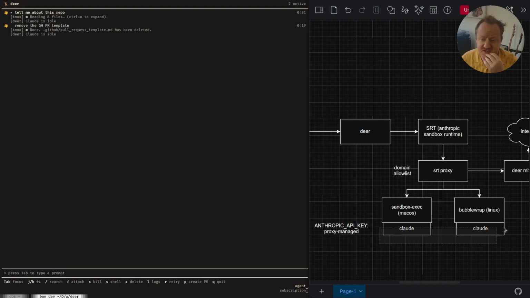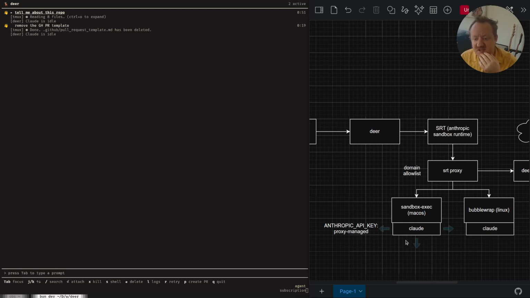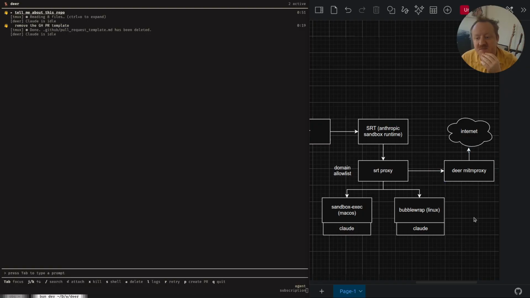So Claude itself doesn't actually know about those environment variables, so we don't have to inject them into the Claude instance. And to make Claude not complain, we give it some dummy values, basically proxy managed and Anthropic API key. And then when the Deer man-in-the-middle proxy sees those, it substitutes them with the real keys. So the Deer man-in-the-middle proxy runs on the host, and it has the actual environment variable access. And that way we can touch the internet.